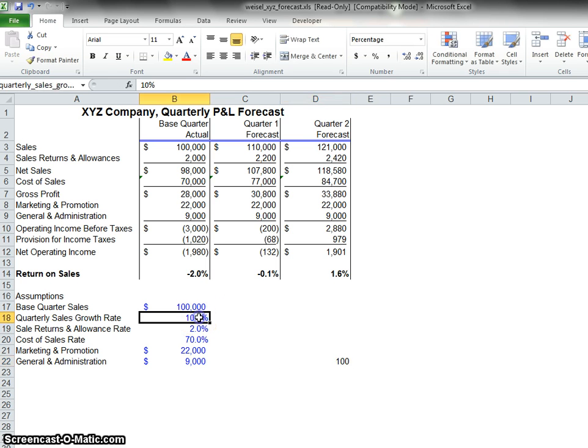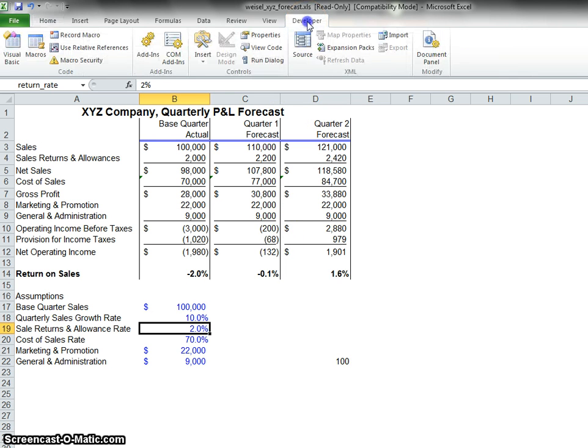And then we go to here, we type equal and click on T22, we divide by 1000 and we enter, and then we go to the developer here and click on insert, and here we will see the spin button here. We click on there, and we can create our spin button here,